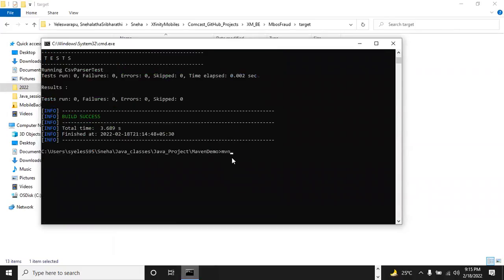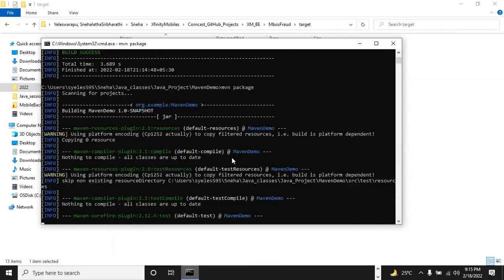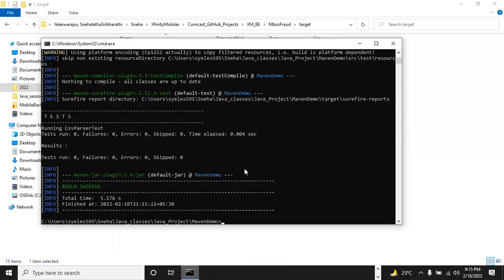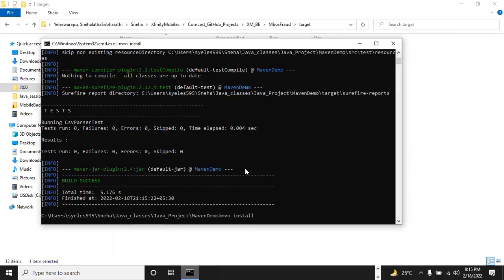And then finally the Maven install. This is the one which does everything. If you want to do it explicitly as Maven package, you can go and do it again, but internally it will call the entire thing again and your jar package will be created again. If you just give Maven install, that also does the same thing. It calls the entire resources, entire life cycle, and then it finally gives you the jar package.